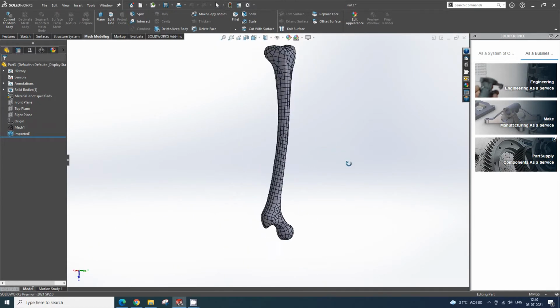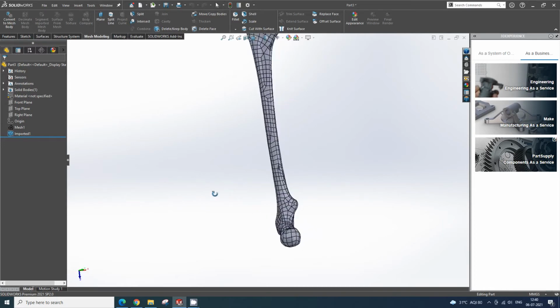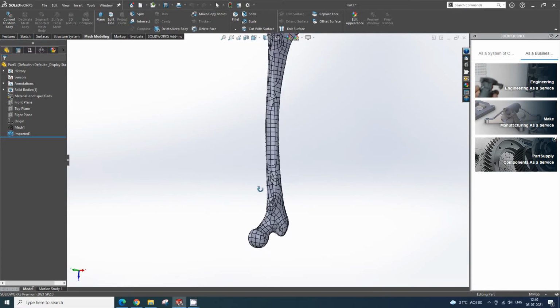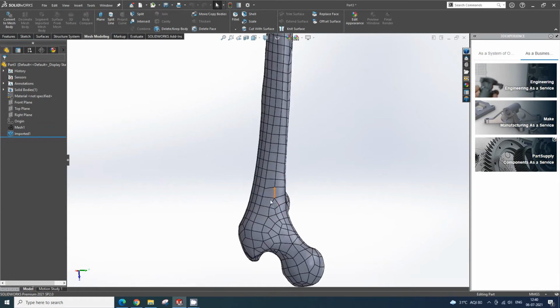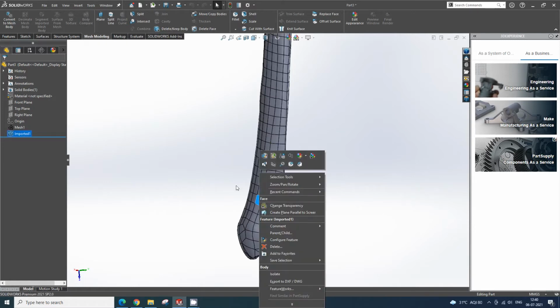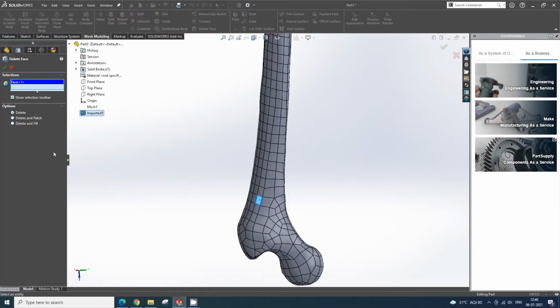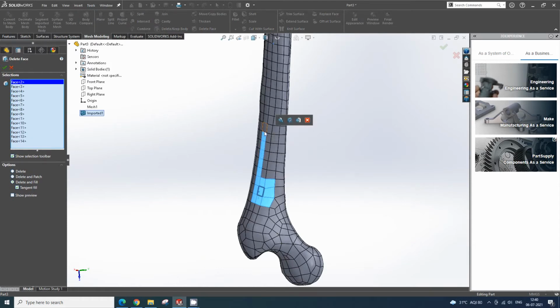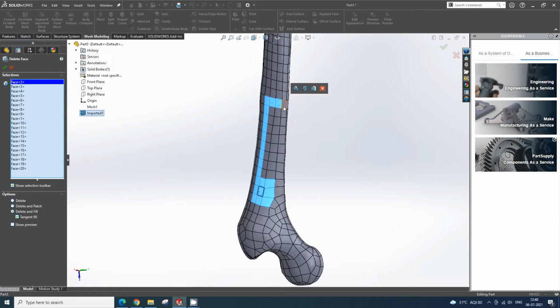So now we will remove small rectangular pieces and completely create one surface on which we have to create a strap. Okay, we have received this file from a doctor. The doctor asked us to create a strap on this bone which supports its structure. So I'm just selecting this face. We have this Delete Face command in the Surface toolbar, Surface command manager tab. So we'll select all the faces which we want to delete and patch it as one surface.